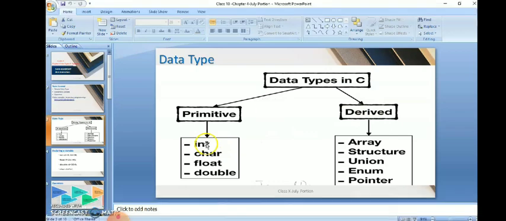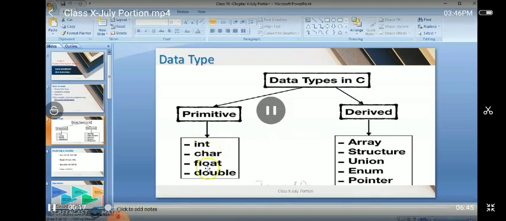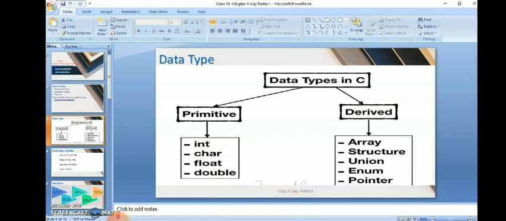You can see on the screen, derived are array, structure, union, enum, pointer. While learning, you will understand what is array, structure, union, enum, in the upcoming classes. So primitive: integer, character, float, double.